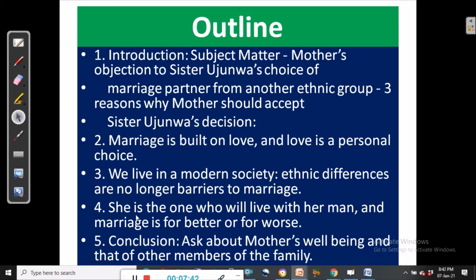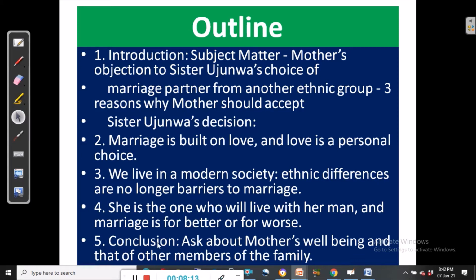Now, the next one is, she is the one who will live with her man, and marriage is for better or for worse. Of course, you are not going to live with her. She is the one who is going to live with the man. So why are you making the choice for her when you are not going to live with the man in the first place? So now we have come up with the 3 points we want to discuss in the letter,